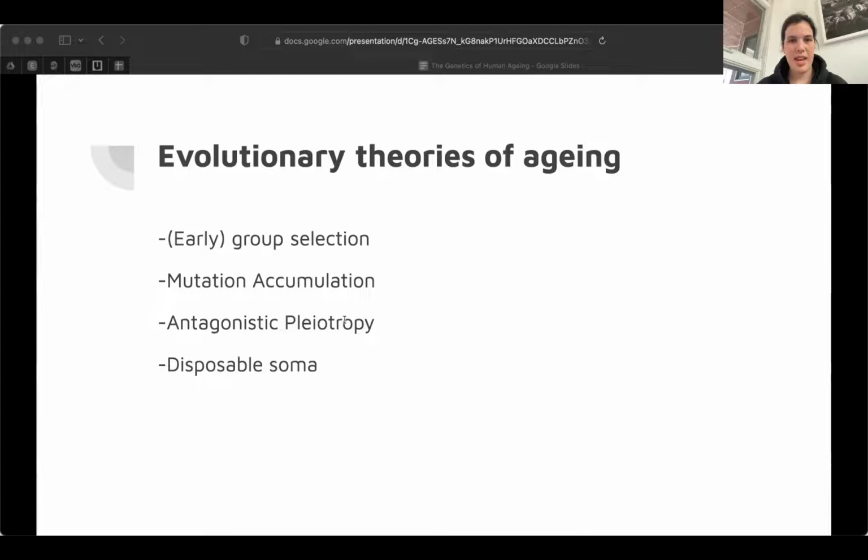But then we have the antagonistic pleiotropy theory, which argues that some mutations are selected because they're beneficial to early fitness but become harmful later in life. So this is something we covered in our first definition. And this selection of mutations that are beneficial and then harmful is what causes aging. So cell senescence pathways are the best example for this, which is a programmed senescence that occurs during normal mammalian development, protecting against cancer and wound healing at younger ages, but then contributes to degenerative chronic diseases at older ages.